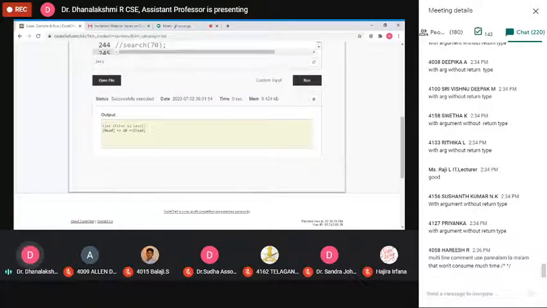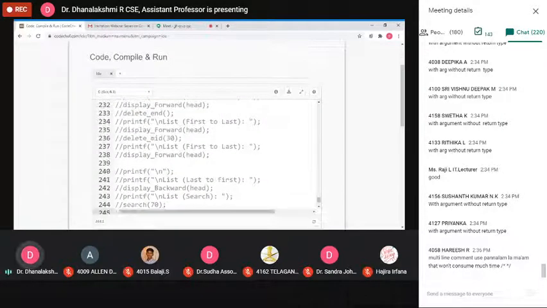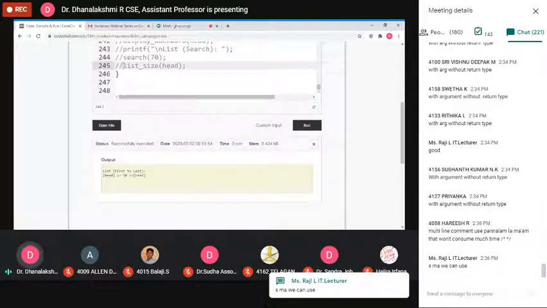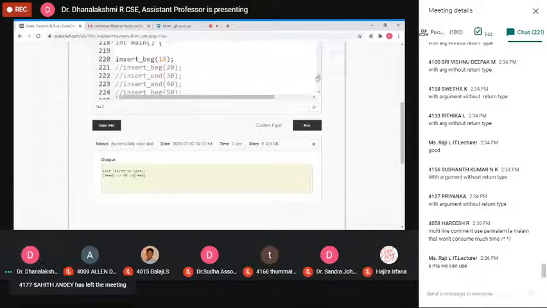Output is 10. That means the 10 is inserted at the head position. Here the last node always points to the header node. Now insert one more node, 20.